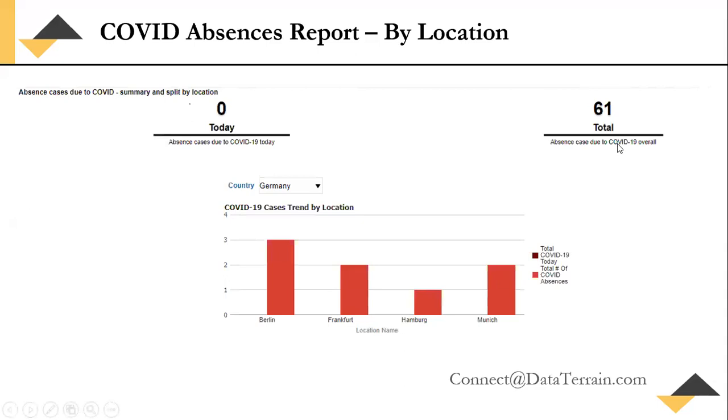This report is run by a date range, so for whatever date range I ran, it shows how many total absences have been taken due to COVID only. Below we have a filter to run by country and location. We can even add department, so you will be able to see it by each department also.